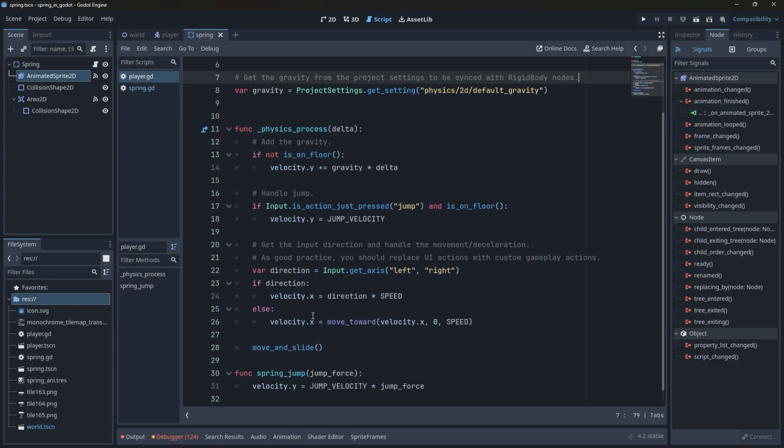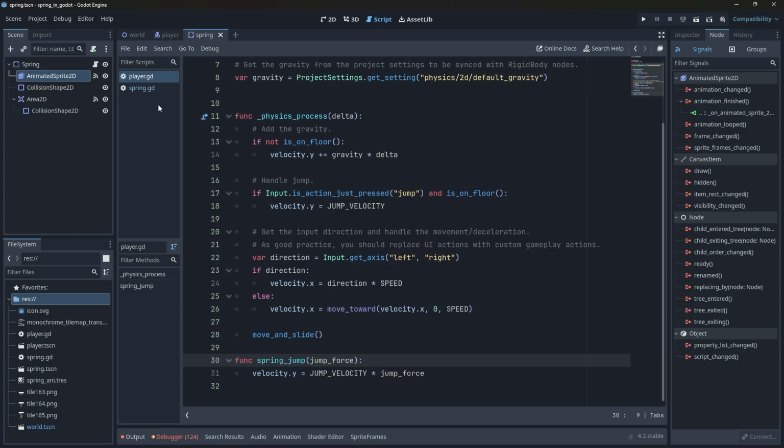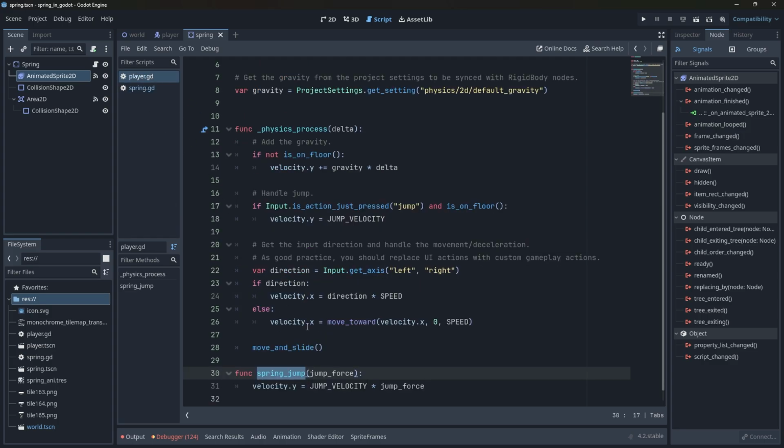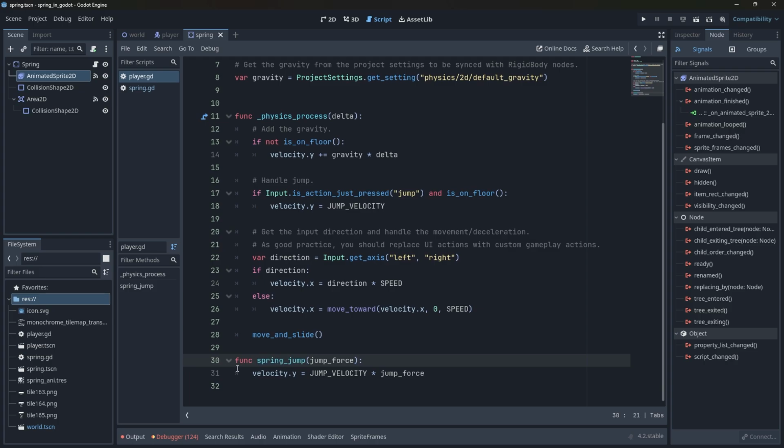Now we're going to go in our player, and I already wrote the code here. But pretty much you're going to do a function and call it spring_jump. It should be the exact same name here, because what we're doing is if it's the body player, we're going to get the body and call this function inside of their script, and it's going to be spring_jump. Then you put a parameter called jump_force,